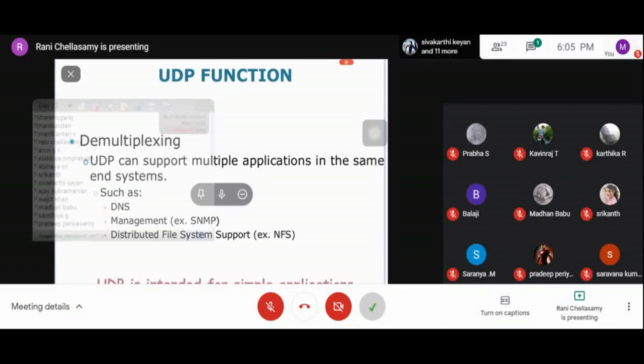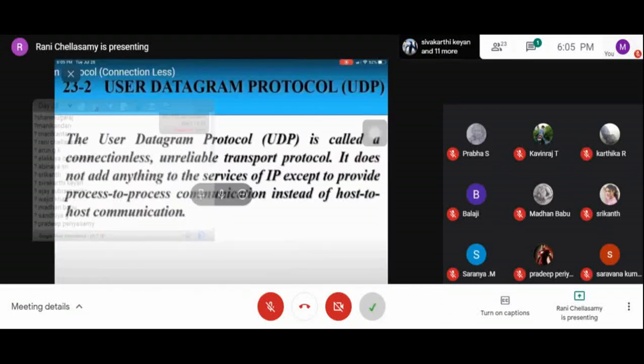Going deeper into the User Datagram Protocol, it is a connectionless, unreliable transport layer protocol, and it does not add anything to the services of IP except to provide process-to-process communication instead of host-to-host communication. An important point to note is that UDP provides process-to-process communication rather than host-to-host communication.